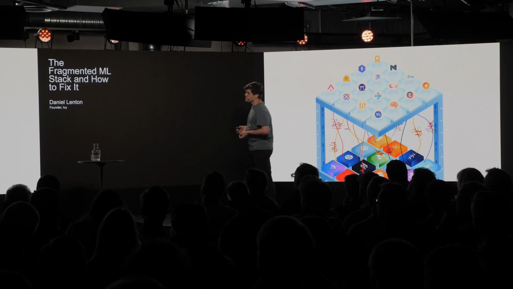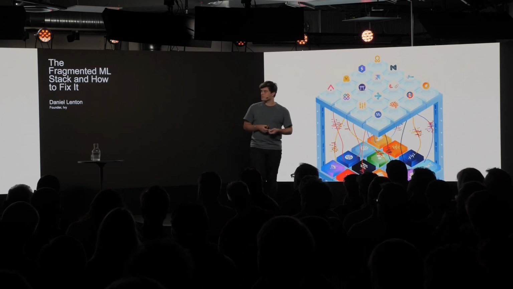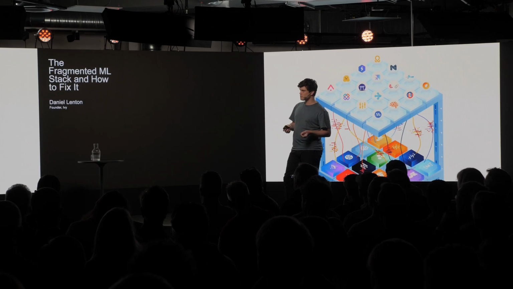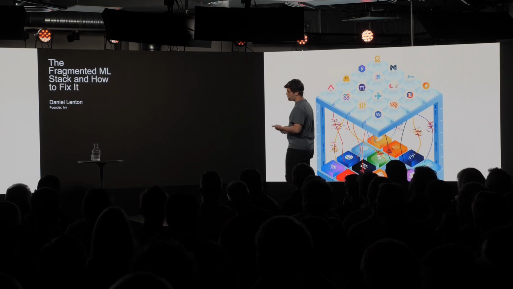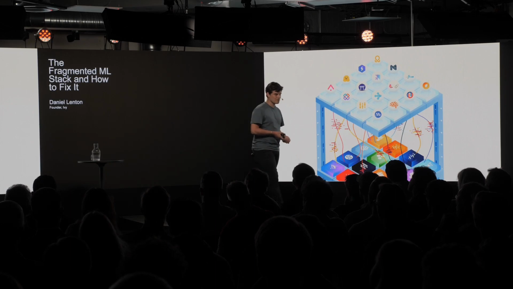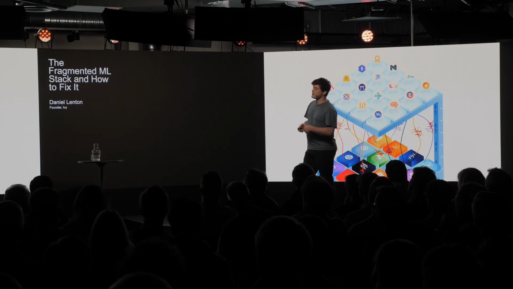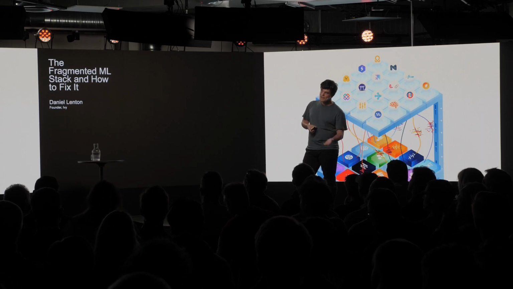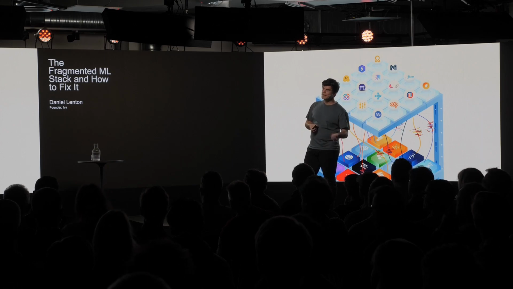To take a few examples, so I presume some people are familiar with Hugging Face. They have an amazing repository called Transformers, which has to some extent become the open source model hub of machine learning. But they re-implement all of their models in TensorFlow, PyTorch, JAX. This is a huge duplication of effort and a lot of engineering overhead. There's RLlib, which is a repository as part of Ray, which is an open source project by Anyscale.